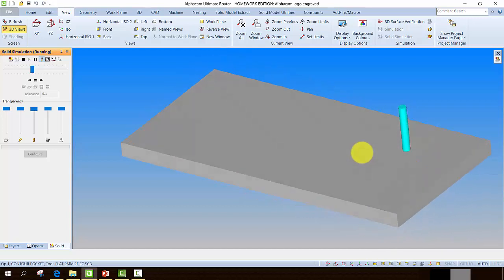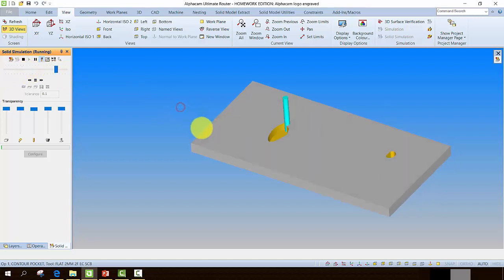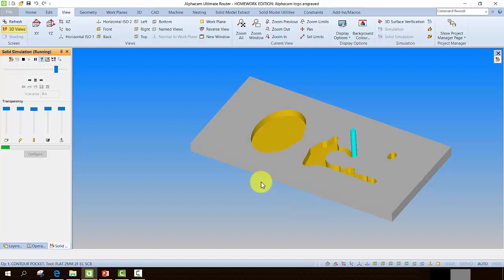Depending on how this was set up, it may move very slowly or very fast. So what we'll do is use this blue slider bar to speed up the process a little bit. And what happens is, digitally, that blue cutter engages with the workpiece and starts to machine away the timber that's not needed. And that gold colour you see is the timber that has now been exposed as a result of